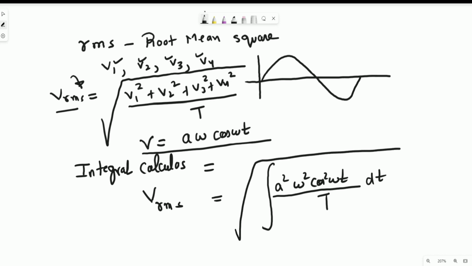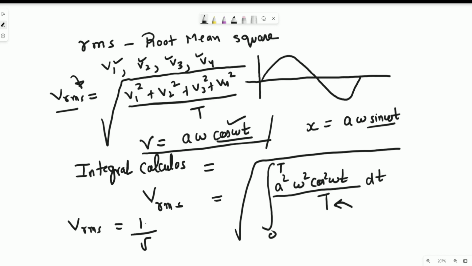If you are finding the RMS value of cos omega t functions, or of sine omega t functions, sine or cosine, the answer of RMS, if you solve this from 0 to T, where T is the time period of the simple harmonic motion, the V RMS comes out to be